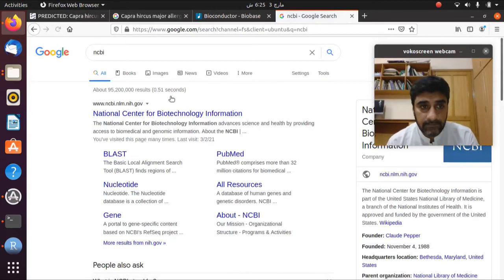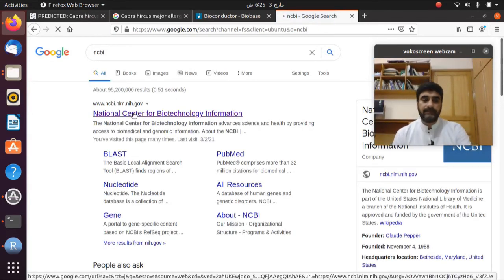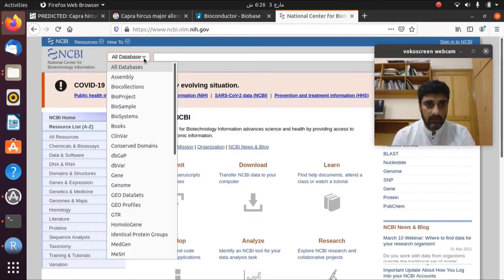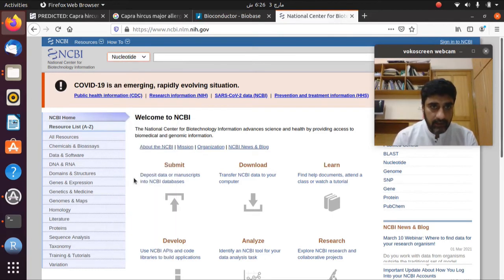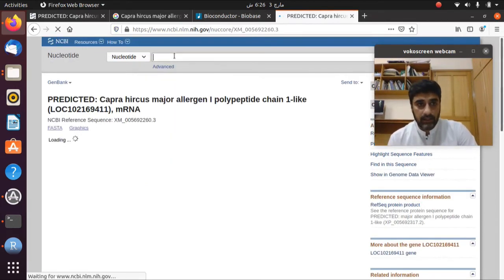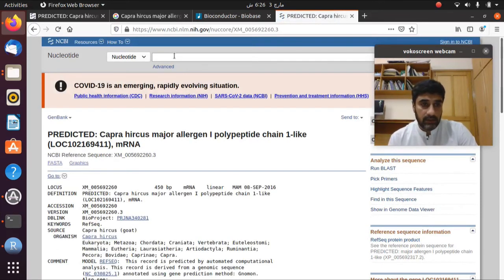So we will go into the NCBI, for example into the nucleotide database here, paste in the transcript ID and let's see. So this is the gene in Capra hircus, major allergen 1 polypeptide chain 1 like messenger RNA.